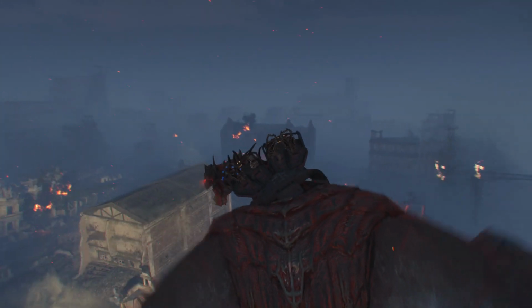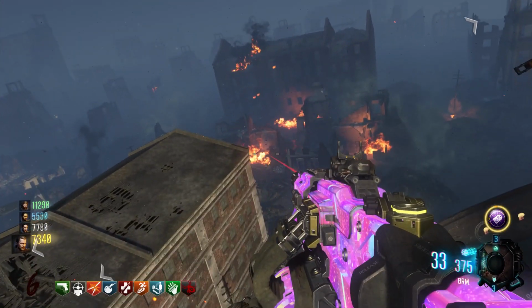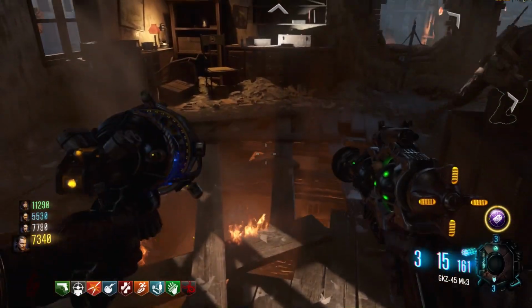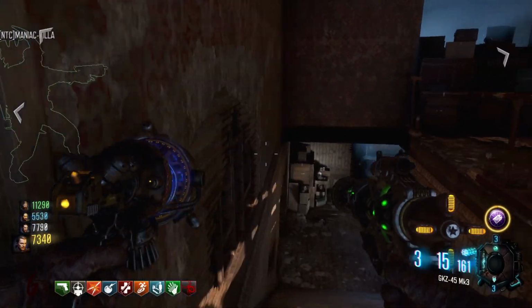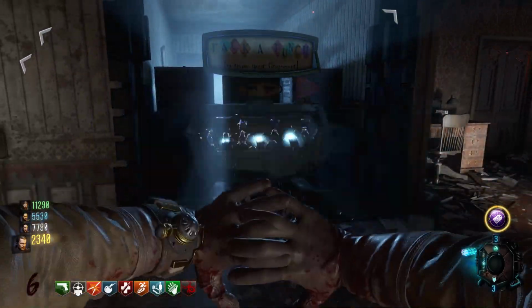Now this was actually a real building where Russians held off against Germans or Nazis during World War II, and it's really cool because you have to do the lockdown to end up getting the dragon strike, and you're holding off against zombies. So it's just a really cool concept that Treyarch took a historical place and inserted it into